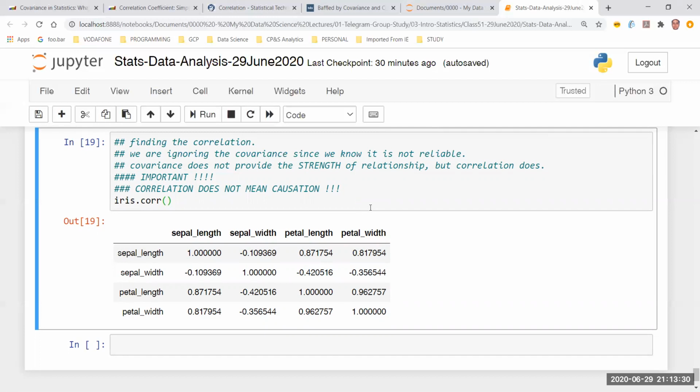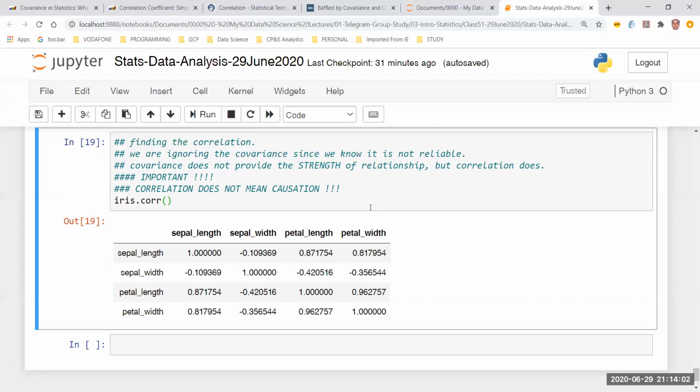I'm not able to get that because that 4th value is a string value. I can do mathematical operations only on numbers. I cannot do that on a string value. So to do that, I'll have to convert that into a number, and then only I should be able to do it. How do I convert that into a number is something we will do in the next class. In this case, we will only look into a visual form of the correlation.